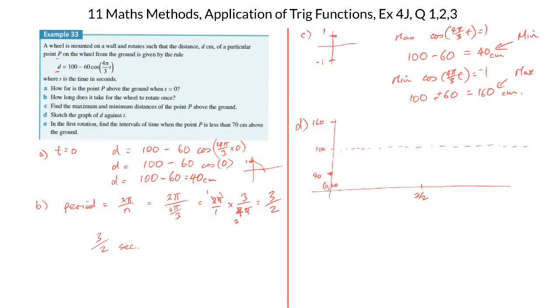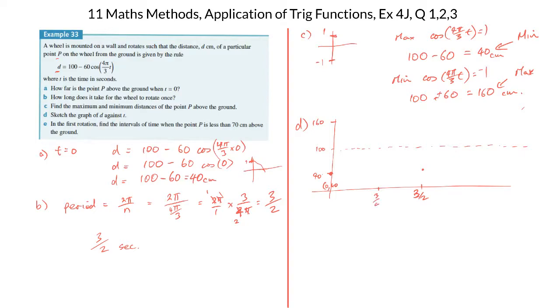If 3 pi on 2, that's a pretty ugly 3 pi on 2, there's 3 pi on 2. We have minimum here with a cos graph. If you remember cos, it goes a negative cos, so it'll be up and down. We can do it by using a series of points. I don't mind if you use your graphics calculator to help you to find the points, but the fact that it's a full period means that it's back to here at the end, and we have a halfway point,